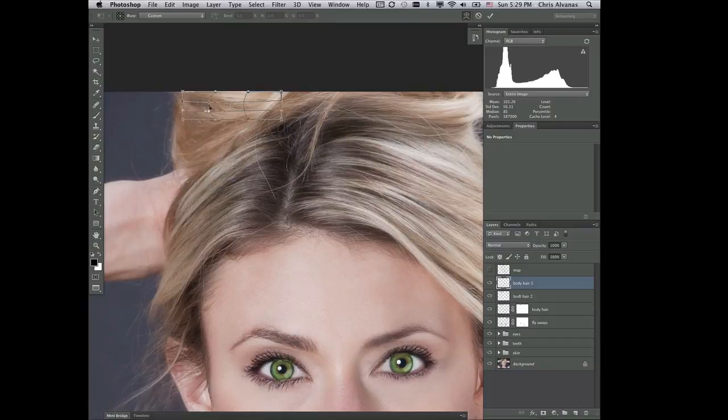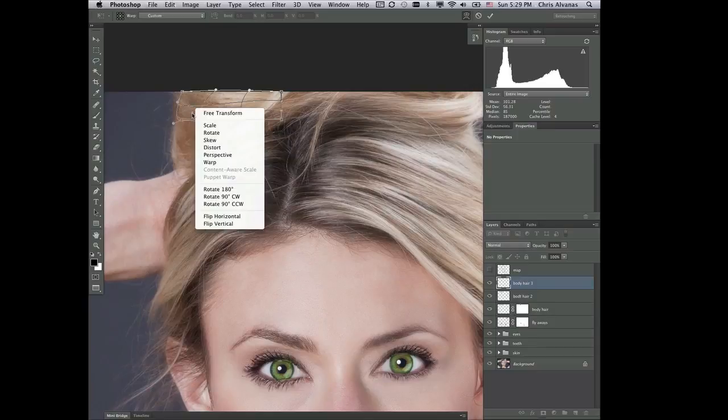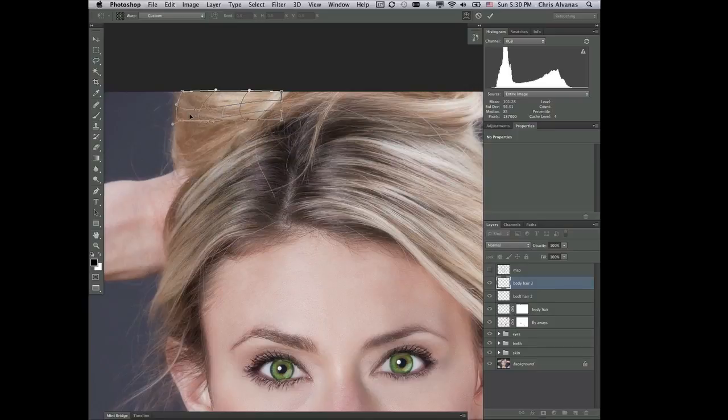And now I can push this way, just to fill in these spots. And I don't want to go to too much of an extreme to push. I don't want to push the sizing so much so it looks distorted. So the whole idea here is to make sure that things look as natural as possible. But you notice that I'm not moving the ends of the hairs. They're staying connected. So if I hit OK,